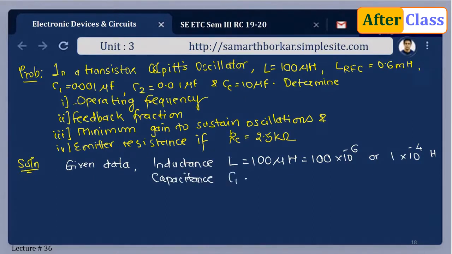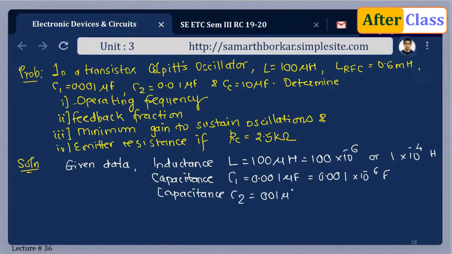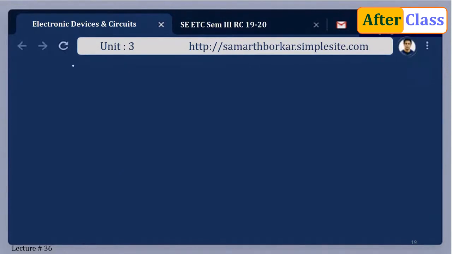So C1 equals to 0.0001 microfarad equals to 0.0001 into 10 to the power minus 6 farads. Similarly, capacitance C2 equals to 0.01 microfarad, or 0.01 into 10 to the power minus 6 farads. Okay, now let us calculate the first part, that is operating